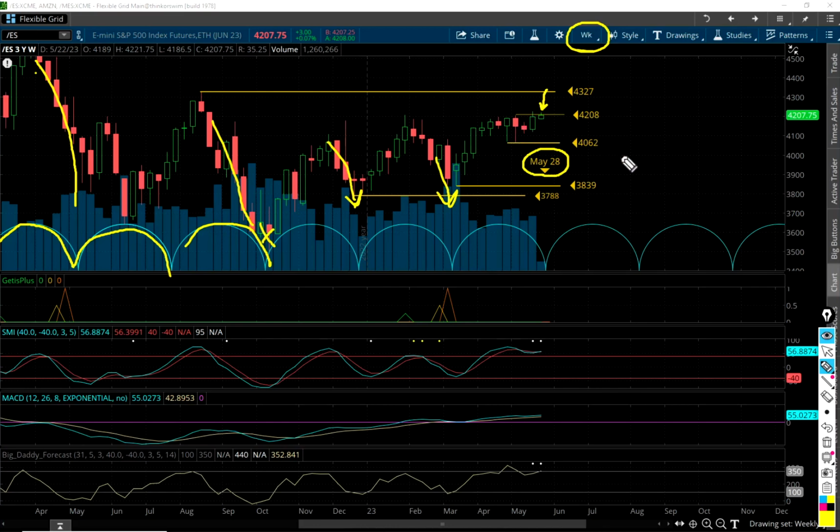So like I've been saying the last few days, I don't think we're going to see a really big pullback here. We may get down to 40.62. We'll look at the daily. There's a couple other support numbers there we'll look at. Even right in this area,